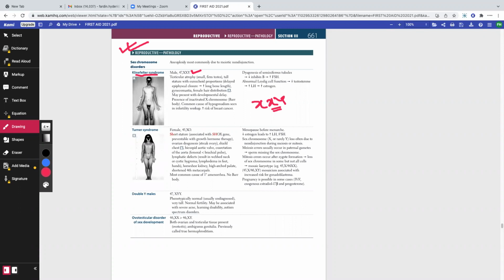That's because, as you can see, look at the hip length of the male, which is wider, right? Usually, females are the ones with wider hips to facilitate pregnancy and birth. But in males, if we have this kind of habitus, this is known as a eunuchoid habitus, tall stature with a eunuchoid habitus with delayed epiphyseal closure, which means that over here, do you guys remember yesterday I talked